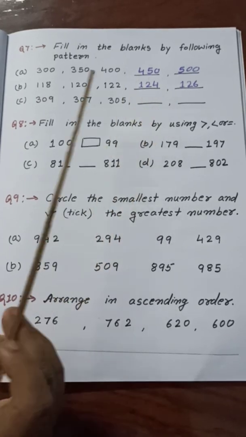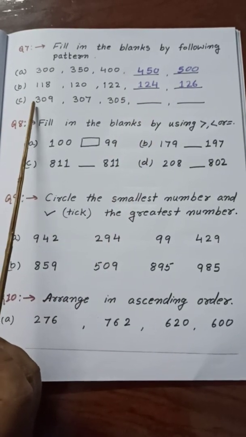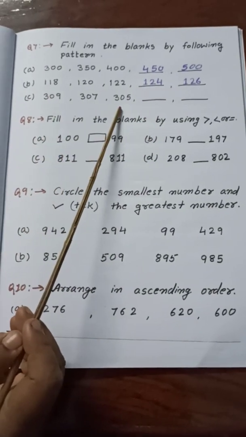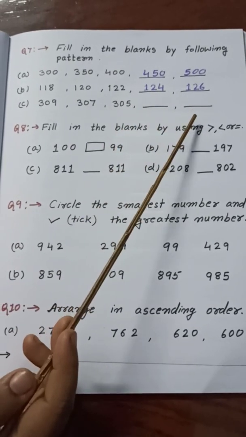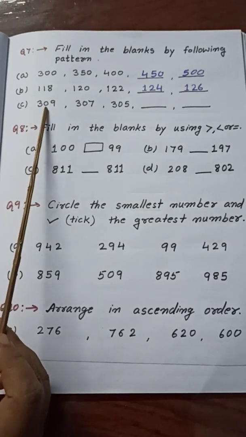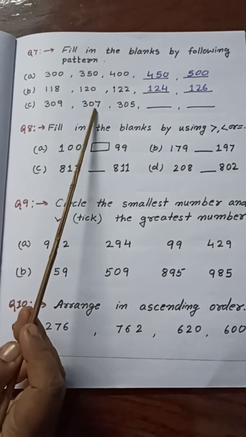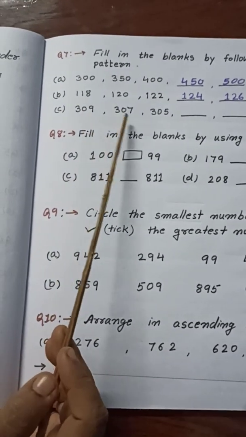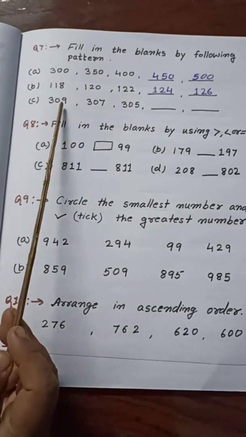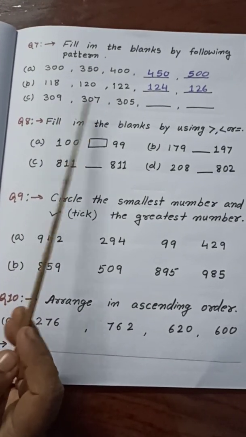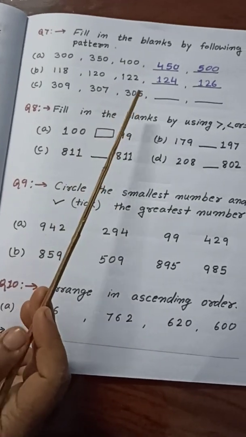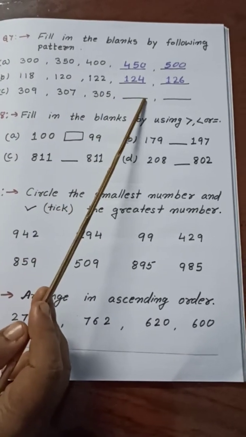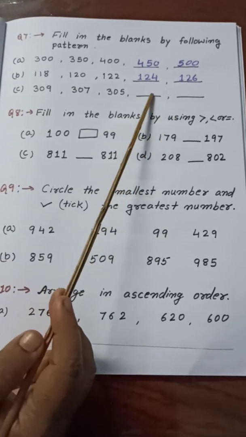Okay. Now next, children, you try to do it yourself. I am not writing the answer here. You have to write the answer yourself. But you just observe here the ones place. Here is 9 and here is 7. These numbers are coming in the backward direction. Here 9, here 7, here 5. So you have to check which number will come. Okay, and then you write.